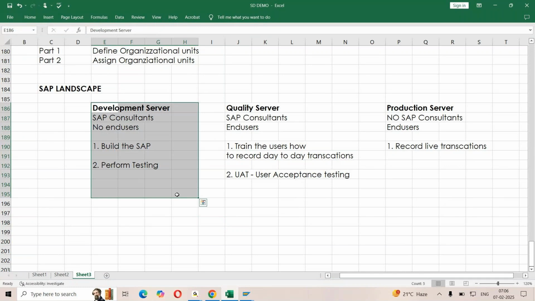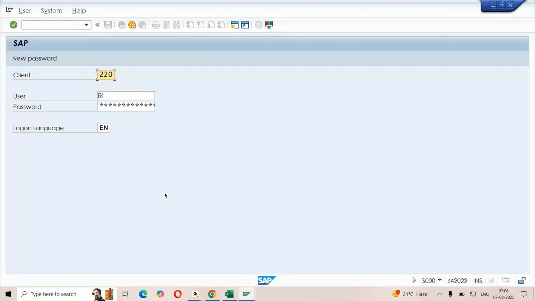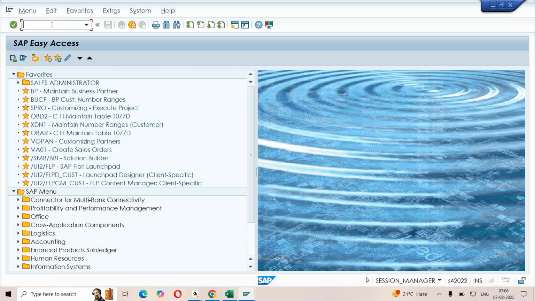In this system, you can build and test the application in client 220. Here we put in the username and password, choose the language, click enter, and this takes us to this page.